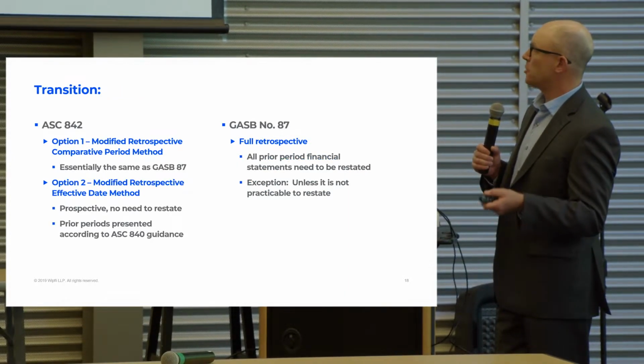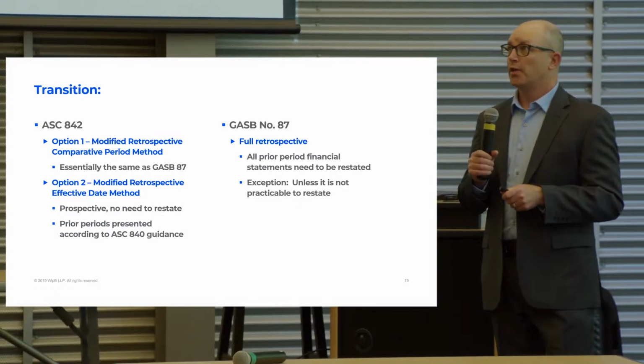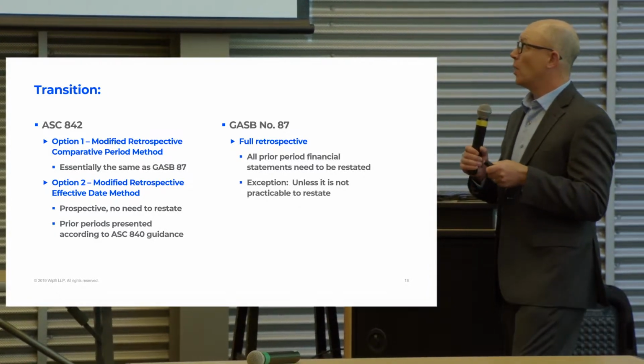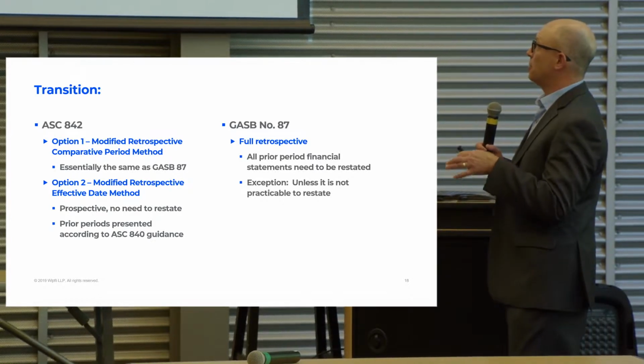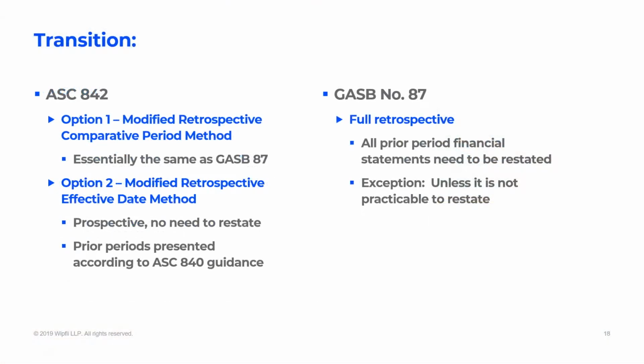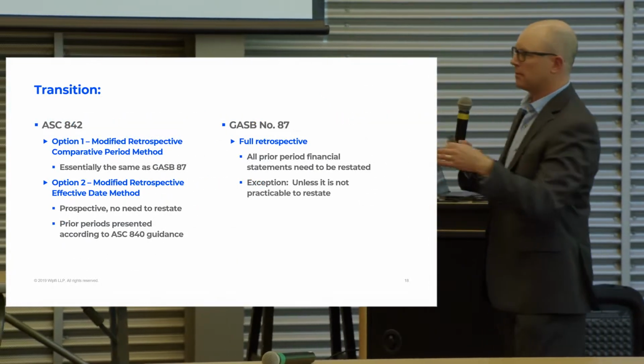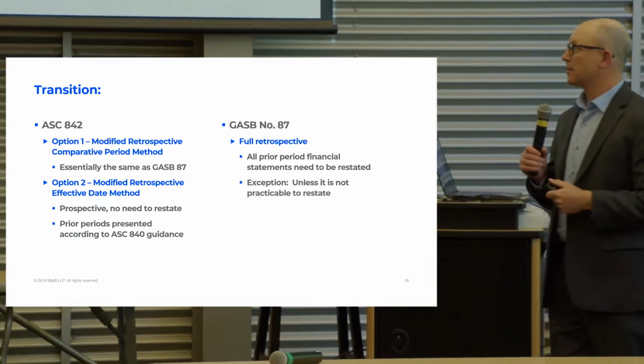The transition guidance. We talked a little about the transition dates. Now we're going to talk about some of the guidance around what happens in the year you transition from the old GAAP, which for FASB was Topic 840, and for GASB was GASB Statement No. 62. So FASB, over here on the left, your left, I guess,